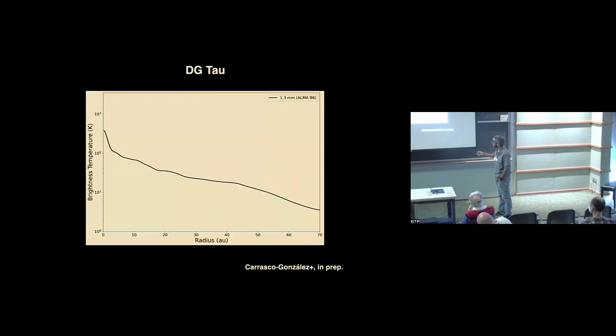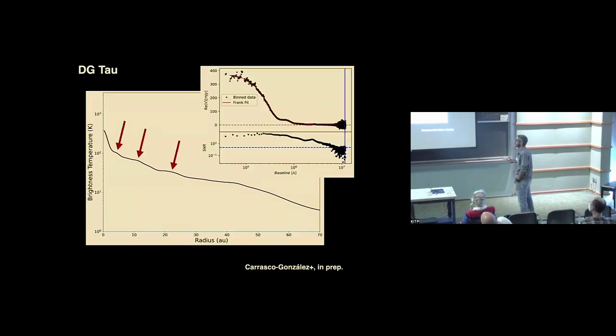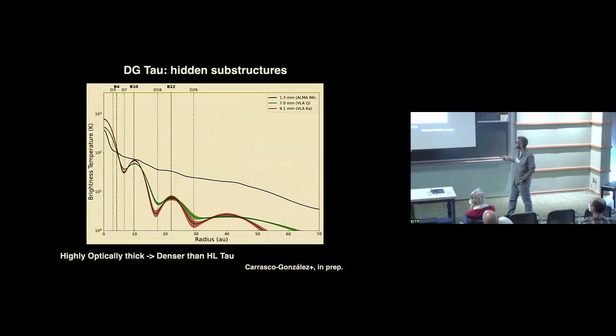This is the radial profile of the 1.3 millimeter emission, through visibility modeling using Frank. If you look carefully, you can see that there are actually some substructures here, but no high contrast. We don't see clear gaps, but we see something, and you can see this in the visibilities. Actually, you see these oscillations. So there is something here. And the surprise was when we did the same visibility modeling of the long wavelengths, we see clearly rings